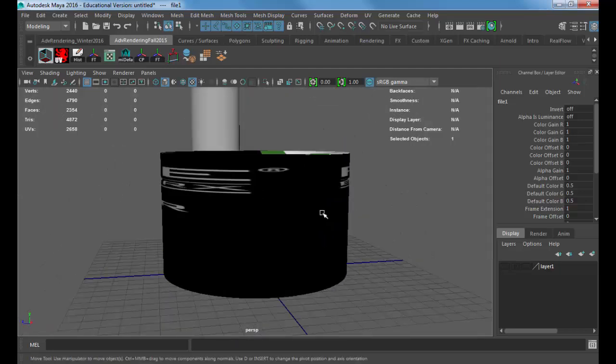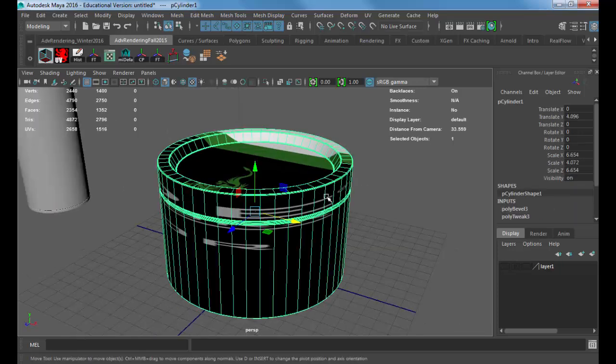So this 3D cylinder has no idea how to take this flat image and put it on there. It doesn't know what we're trying to do with it. It doesn't know what a shaving cream can is, okay? Or a lotion jar. So what we need to do is tell it how we want it to lay out,